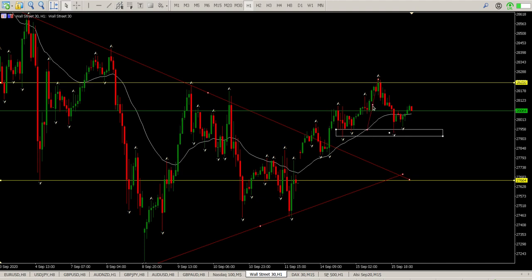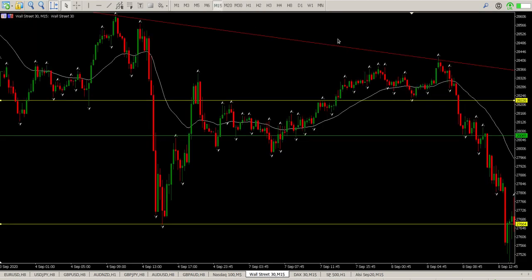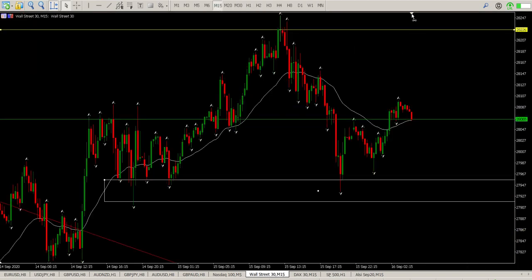Going to be conservative. And there it is there. Okay, so there is a head and shoulders here targeting this gap. Very possible. And it does look like that's starting to build structure at the moment, but obviously it needs to break below these before that happens. Now, to trade that short,